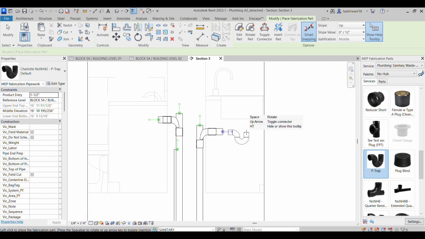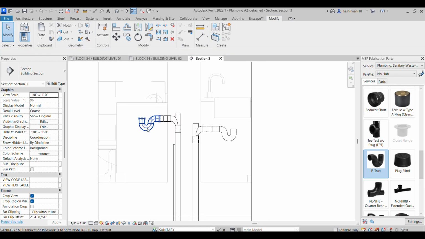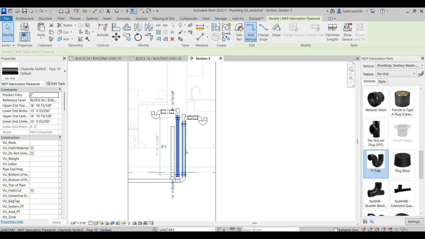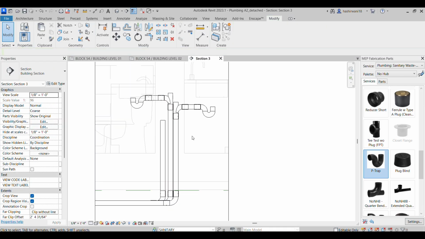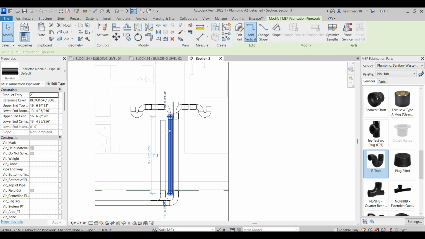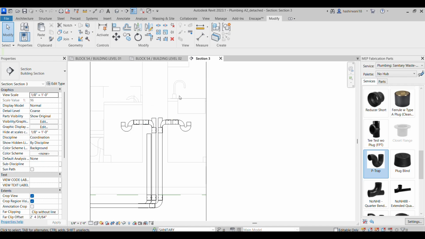And now let's use the toggle connector and paste it here, and the same way let me just toggle connect it. Exactly, now this has been done. So I'll just try to make it go inside, and then this as well. So I can simply take the drain from here and then go a little bit down, maybe bring it here a little bit, and then the drain from these water closets, these sinks, and this sink will get collected into